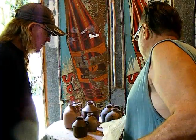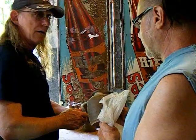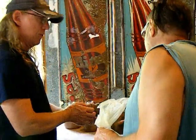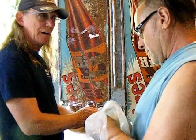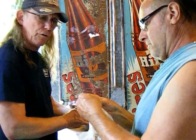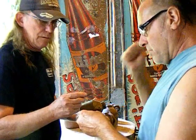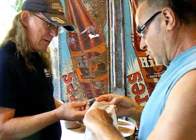Okay, so how do you do these things? I went and bought typeset. I've done some with people's names on them, and that way I use the typeset and run it across there. I had these made back in the 80s. They're rubber stamps, and nowadays they cost